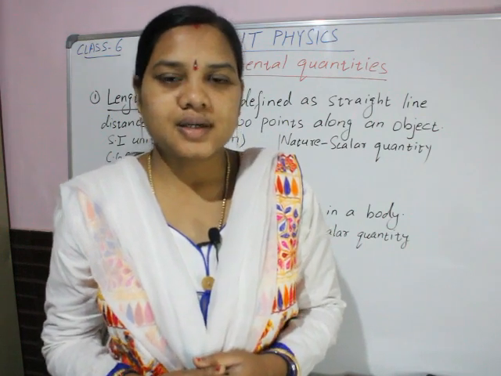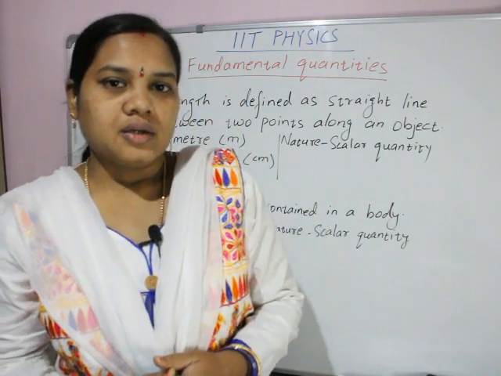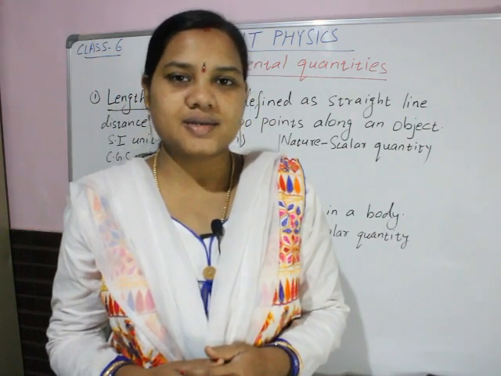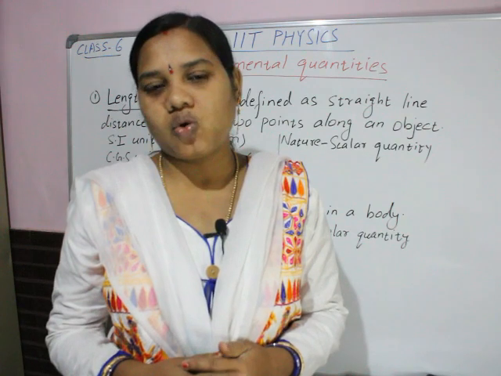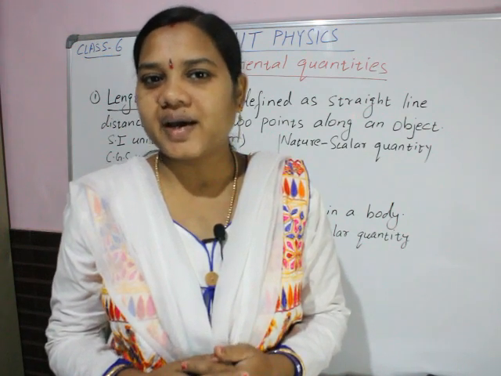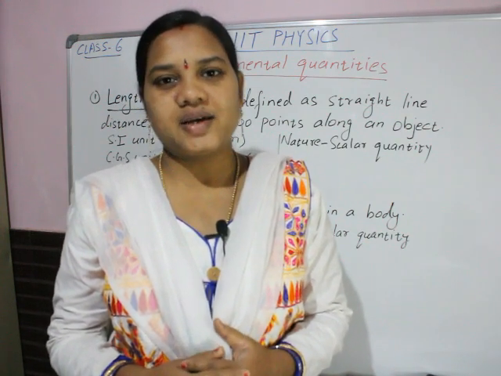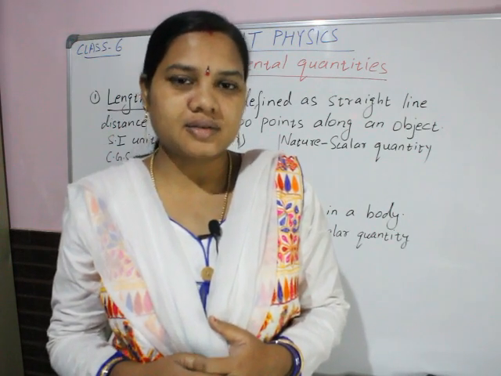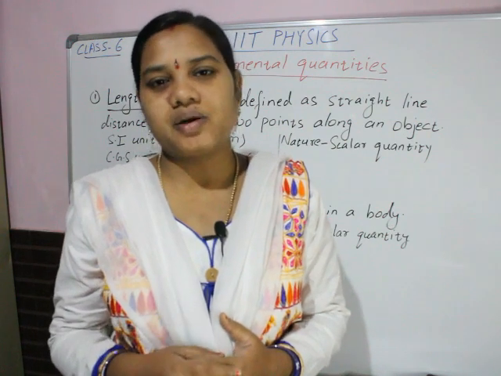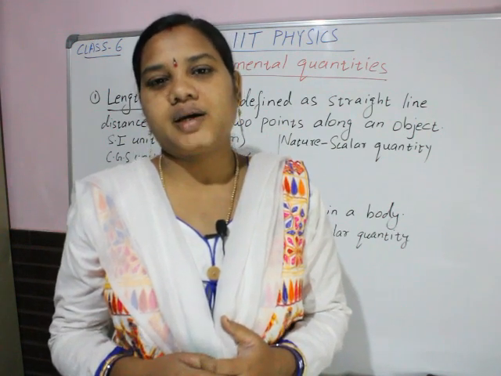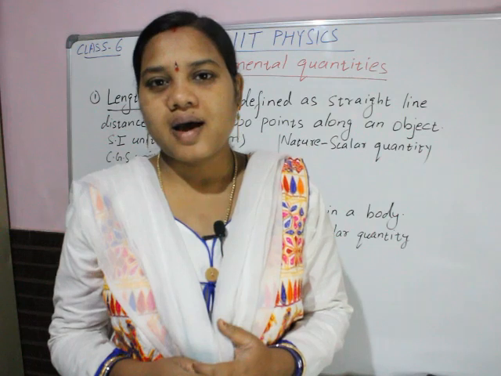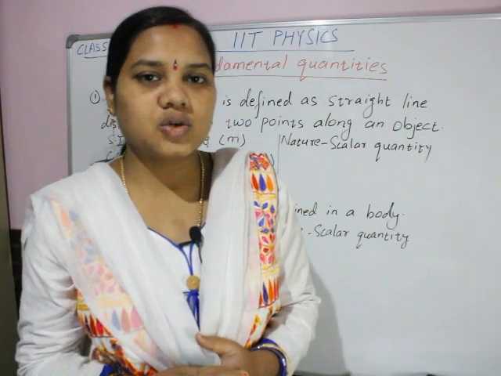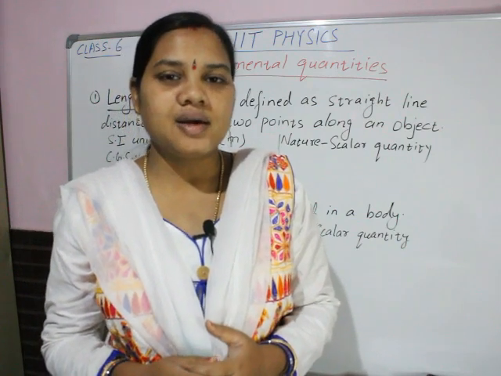Okay, next, question number 2: I asked for the 2 supplementary quantities, symbols and SI units. The 2 supplementary quantities are plane angle and solid angle. Plane angle SI unit is radian and symbol is rad, and the second supplementary quantity is solid angle. The SI unit is steradian and symbol is sr, small s, small r. Okay, so these are the questions given in the last class.